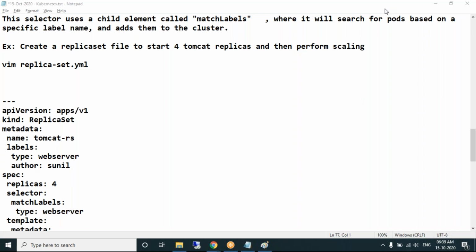To overcome this problem, we had load balancing in Docker Swarm, where we created multiple containers. Here, instead, we create a replica set. When you create a replica set, multiple pods will be created and the load will be distributed between the pods, so that the application will never go down. That's the concept of a load balancer.